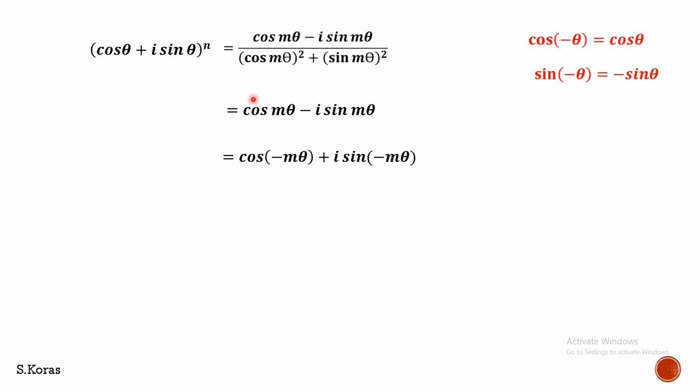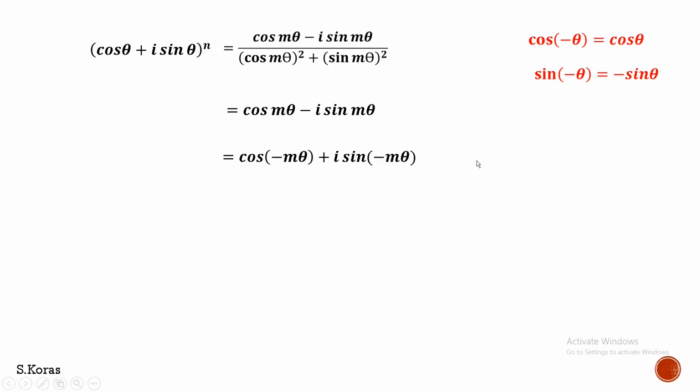So quite okay. Here for minus sine theta, according to the formula, we can apply sine of minus theta. So this minus sine m theta can be written as plus I sine of minus m theta. Now it is in the exact, correct way. Am I correct? Cos is in minus m theta, sine is also in minus m theta, both are of the same angle. Here we have a positive sign. So it's in the exact polar form.